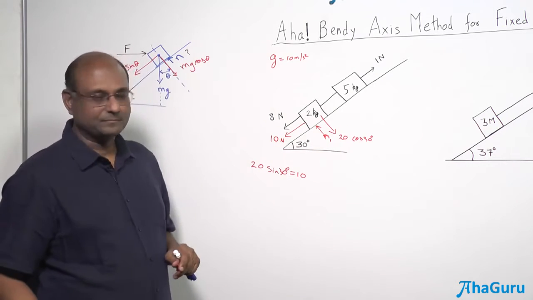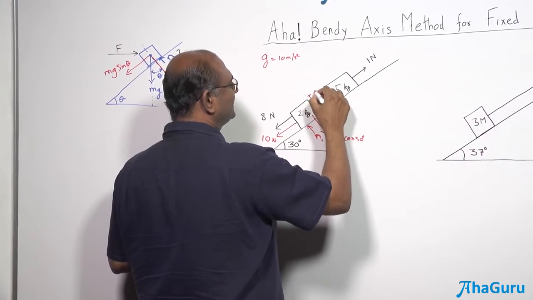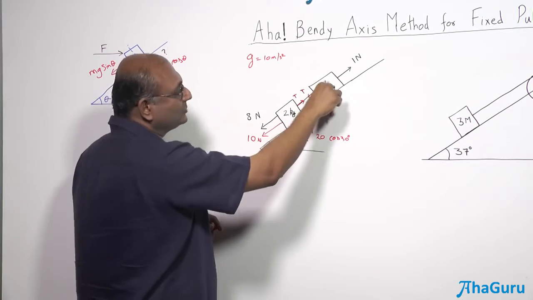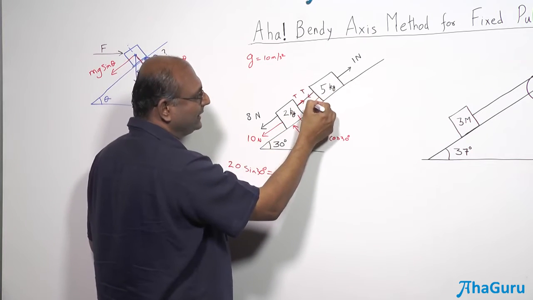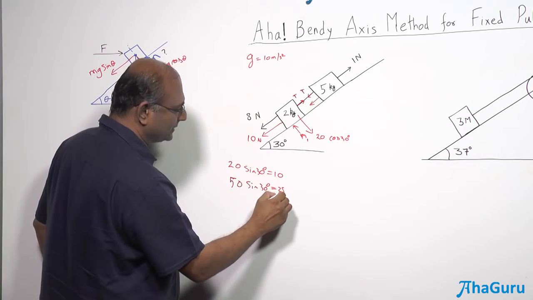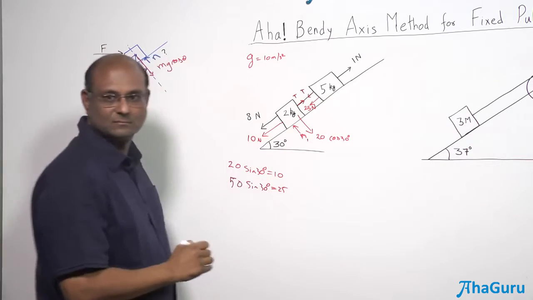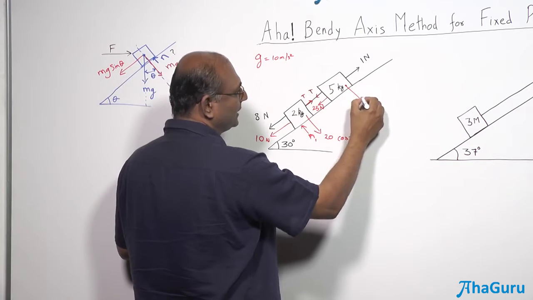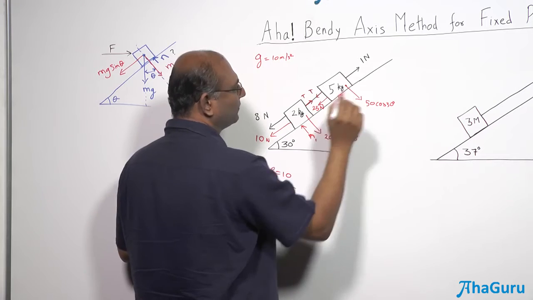Let's call that N1. Then you also have this force which is T, and then you have a force like that which is T. But then apart from that, there is also 50 newtons down, right? Because 5 into 10. So 50 cos 30 will be that way, 50 sine 30 will be this way. What is sine 30? Half. So what is 50 times sine 30? That will be 25 newtons. So this force is going to be 25 newtons. Then of course there is a 1 Newton force in that direction. There is also a force which is 50 cos 30 degrees, and then there is a force N2, right?